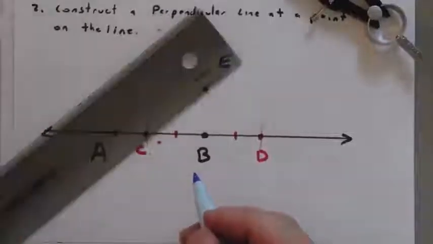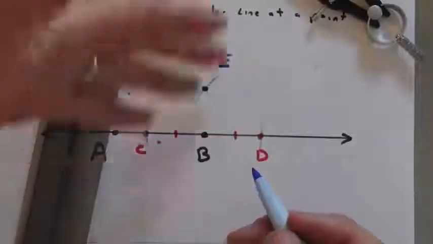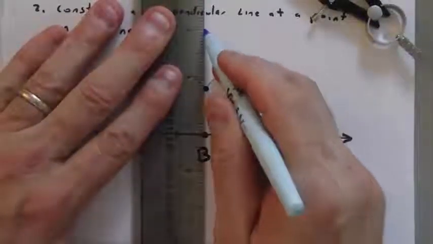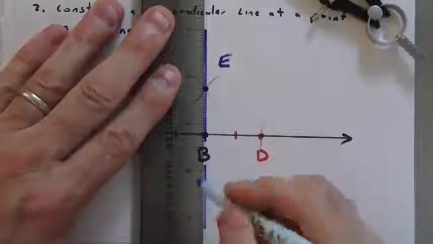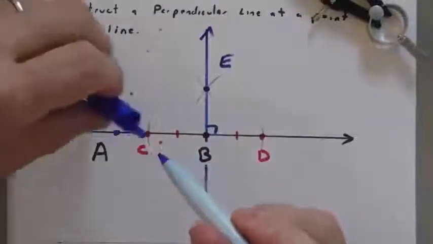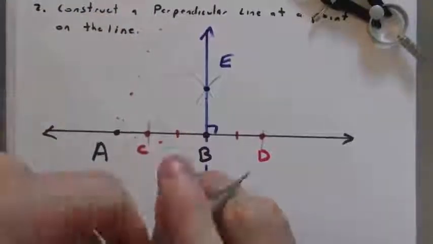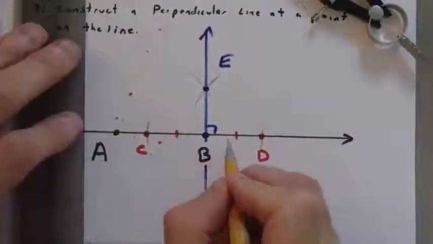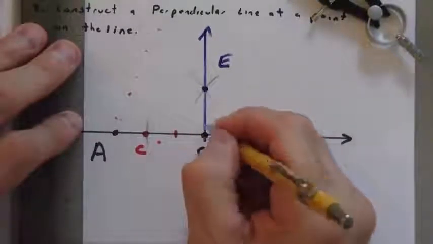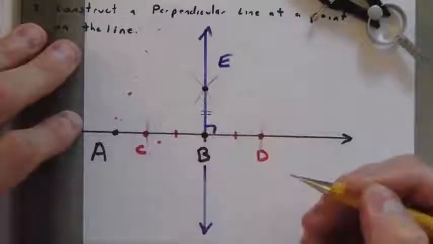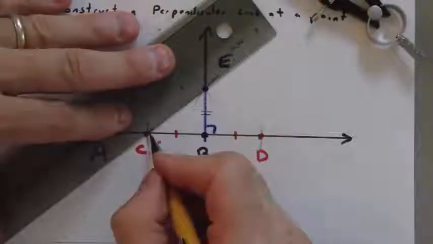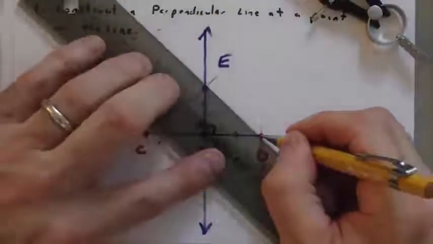If you connect these points, well, first off, that is going to create the perpendicular. If you connect the B and the E right away, that line right there, that's going to be a right angle. Now, if you need an explanation for why that's a right angle, future lesson, you know this is congruent to this segment. This segment here from B to E is congruent to itself. It's reflexive property. And if we connect the C and the E, and connect the D and the E,